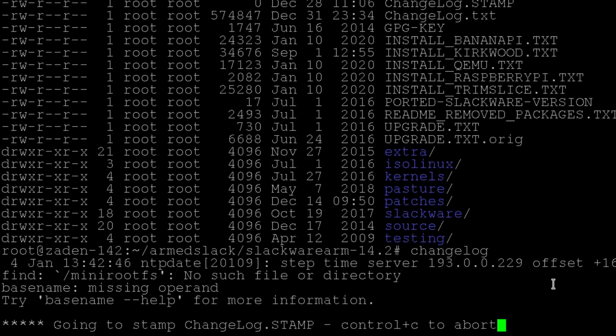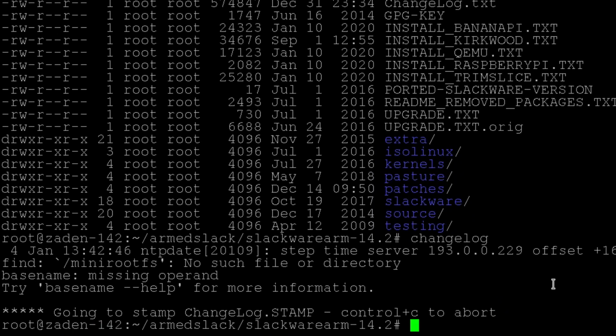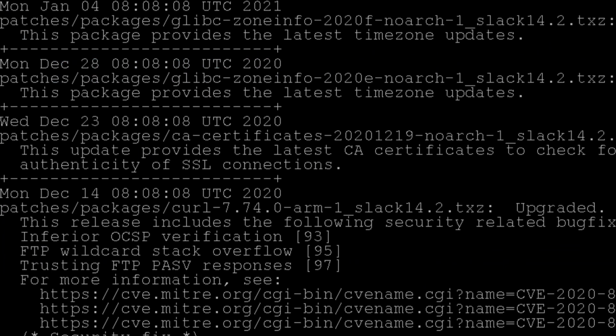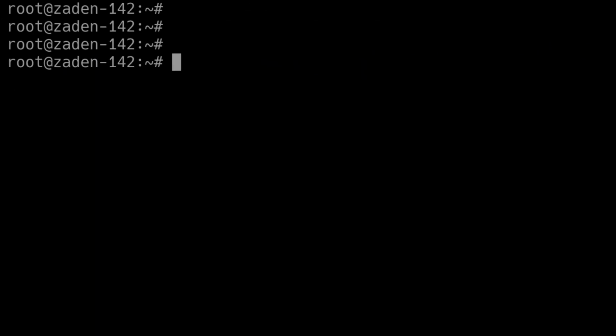You can bail out with Control and C if you don't want to do that. And boom, it's done. So now, text. Yep, that's the changelog for 14.2. Okay, so what we're going to do now, we've updated the changelog and we need to push out the distribution